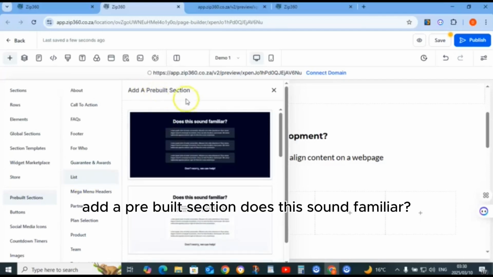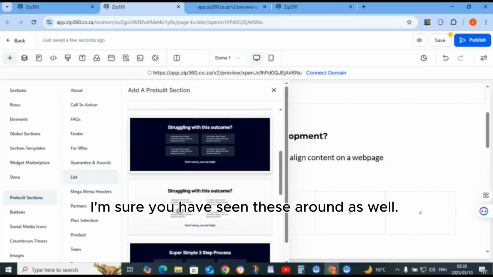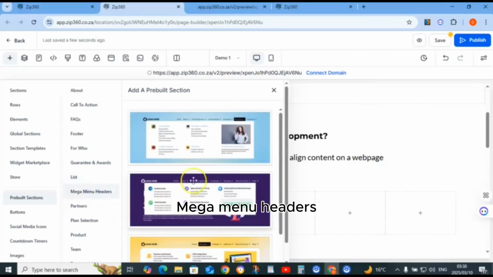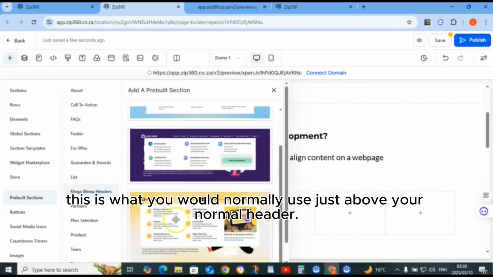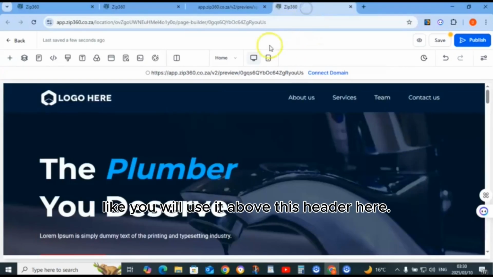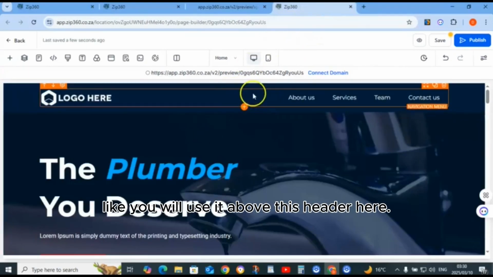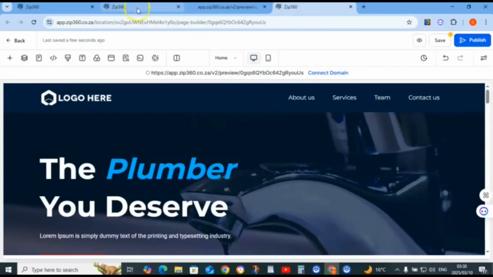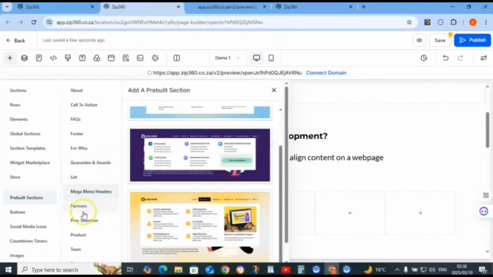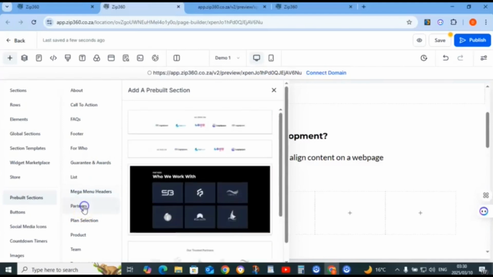Lists add a pre-built section. Does this sound familiar? I'm sure you have seen these around as well. Mega menu headers. This is what you would normally use just above your normal header. Like you will use it above this header here. Partners.